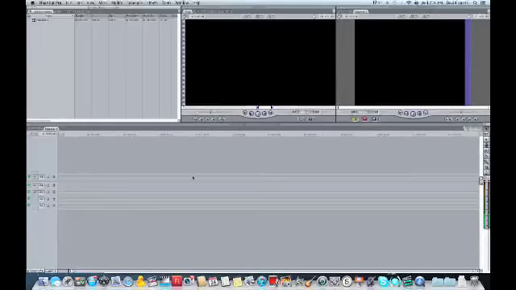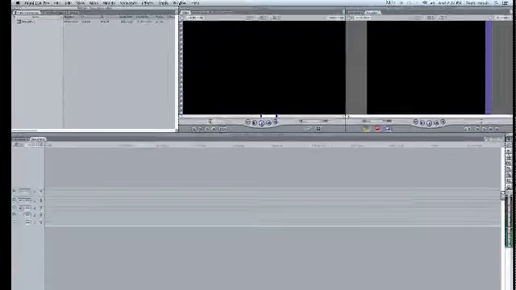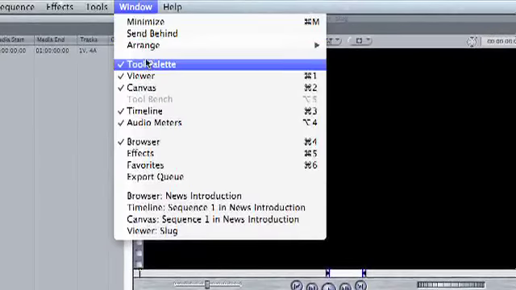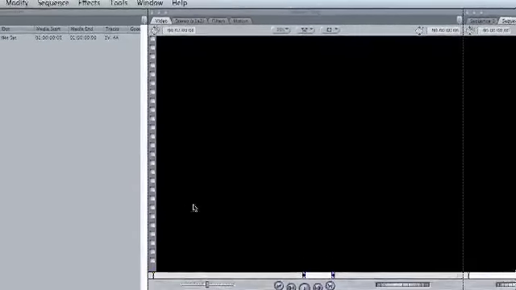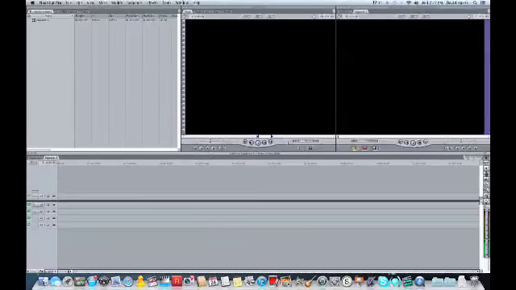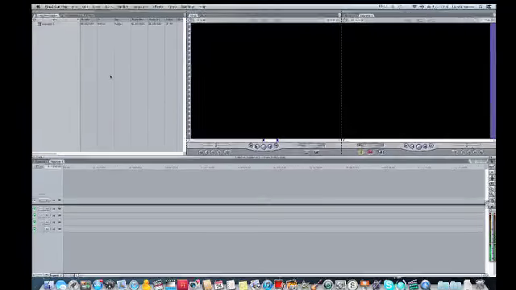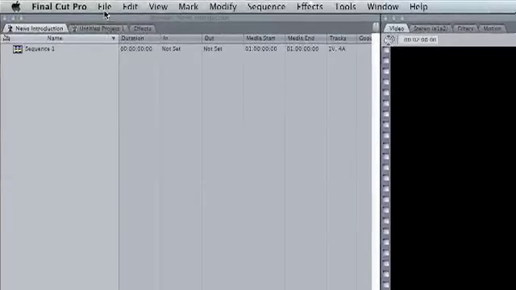If Final Cut Pro does not look like this when you first open it, maybe some other student has made it look a little bit different, you can always come back to this standard way of looking at it by selecting Window, Arrange, Standard. When you select Standard, Final Cut Pro will arrange the windows in the standard orientation as I've just described. In order to get footage into Final Cut Pro from our cameras, you'll need to select File,